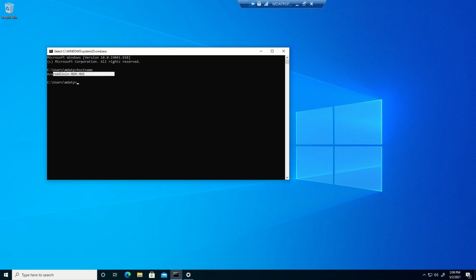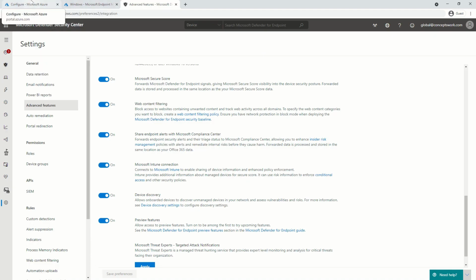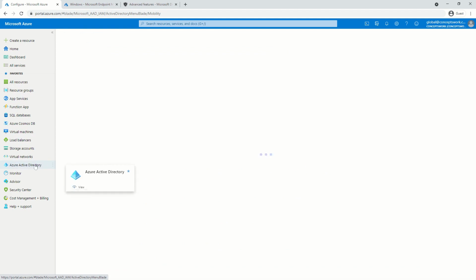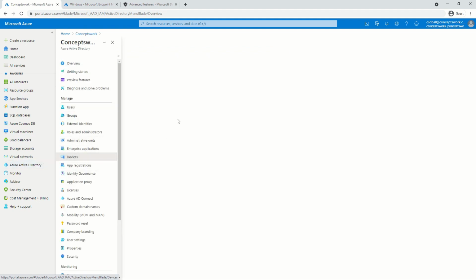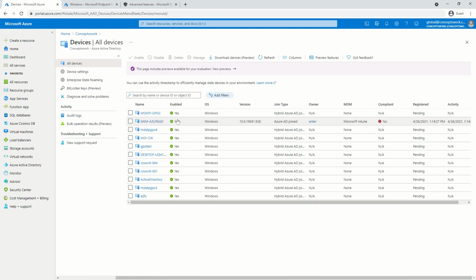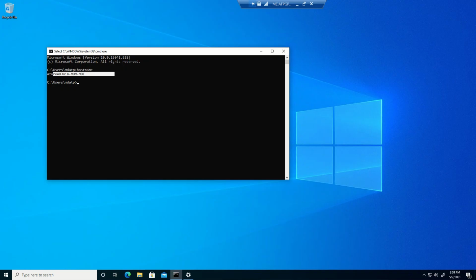So if I come back to my Azure AD and try to search for any device with the same name, it is not going to exist. But just to be sure, I'm going to show you that as of now there is no such device which exists here. The device which I will be onboarding will get Azure AD joined first. From there it will get onboarded to Microsoft Intune, and from there it will get onboarded to Microsoft Defender for